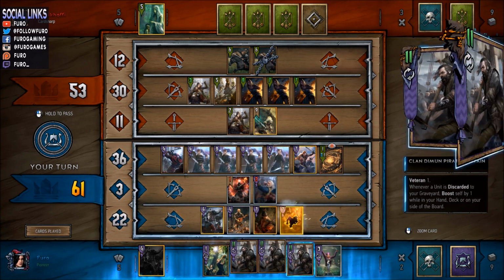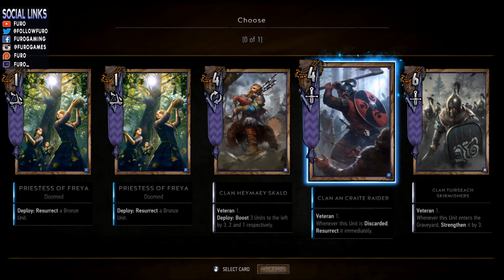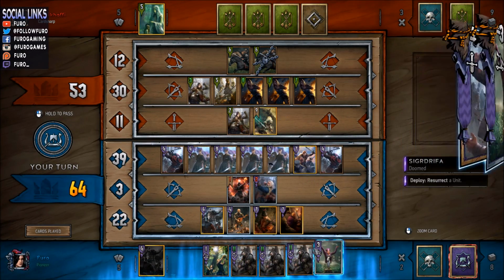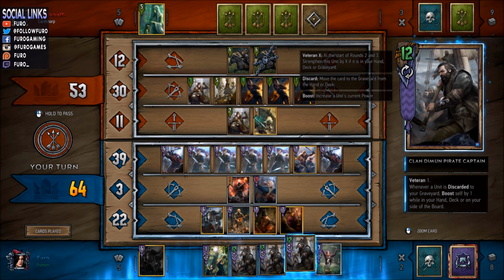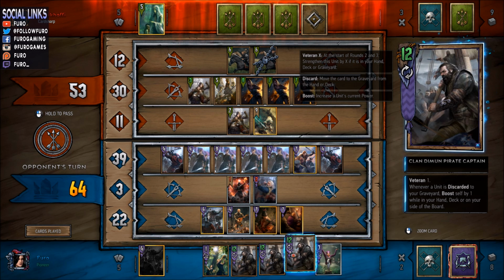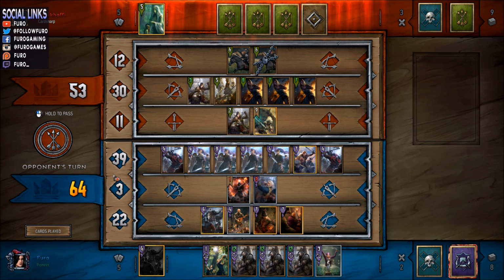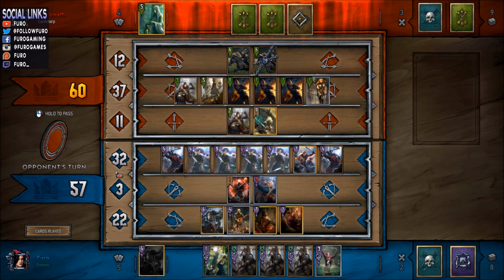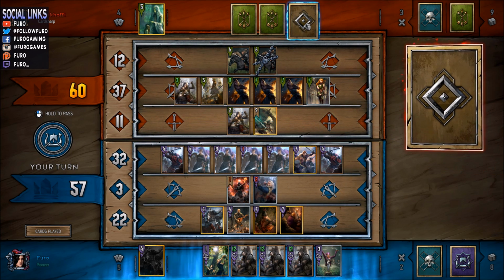Plus we are then buffing the Pirate Captains here. We're obviously picking up the Raider, then hitting the Fireball Trap. And the Raider is spawning. All the Clan Demon Pirate Captains in our hand are getting buffed, so we have 12 points here on each. We are currently still ahead with 11 points. And 1 card in our opponent's hand is of the Queensguard, so that is not really giving many sort of